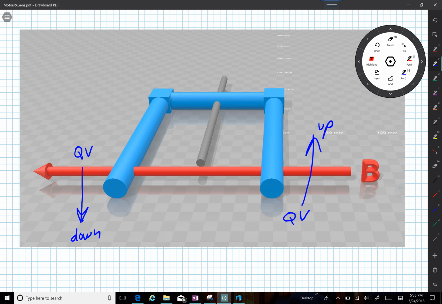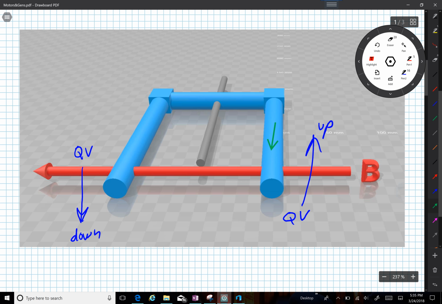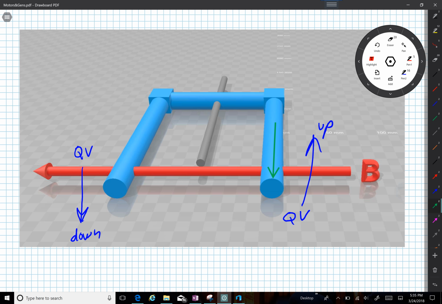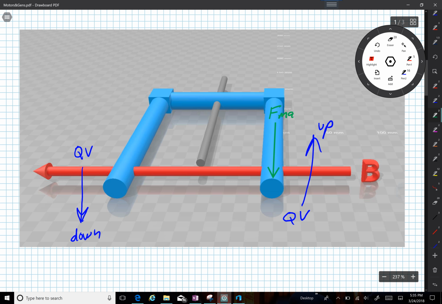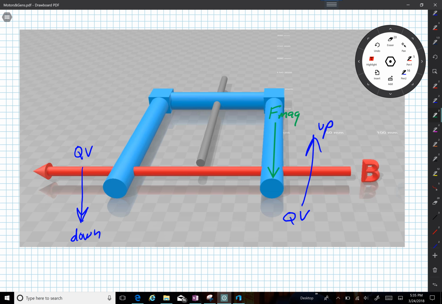The wires are going in and out of the page. This is just up. So point your fingers up, and then your palm should be pointing in the direction of the B field, and you'll get your thumb pointing out of the page. And out of the page is the direction of the wire. So there will be a force on the charges in this direction on the right-hand side. This is F magnetic. F magnetic is out of the page on the right-hand side. The charges on that right-hand wire will feel a force pushing them along the wire out of the page,